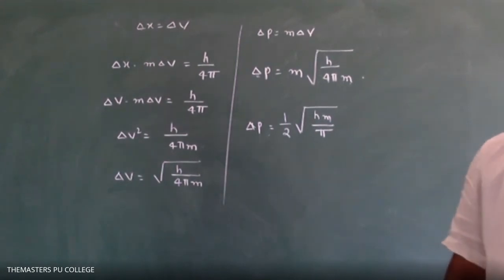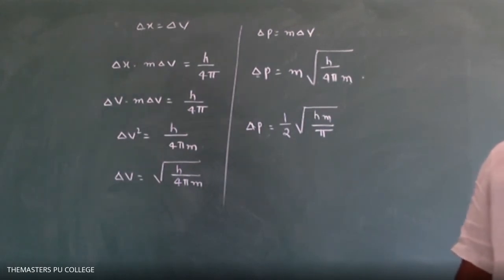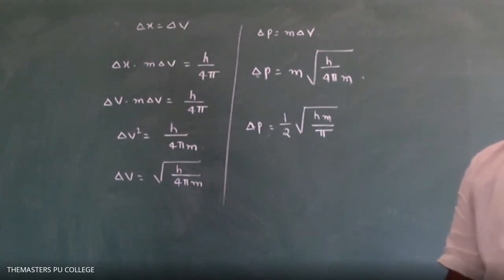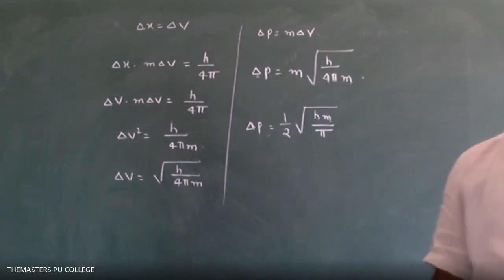Now, quantum mechanical model of atom. The basis of the quantum mechanical model of atom is the de Broglie nature of electron. Quantum mechanics is the branch of science that deals with microscopic particles which have de Broglie behavior, that is wave nature and particle nature. So de Broglie nature of electron is the basis for the quantum mechanical model of atom.